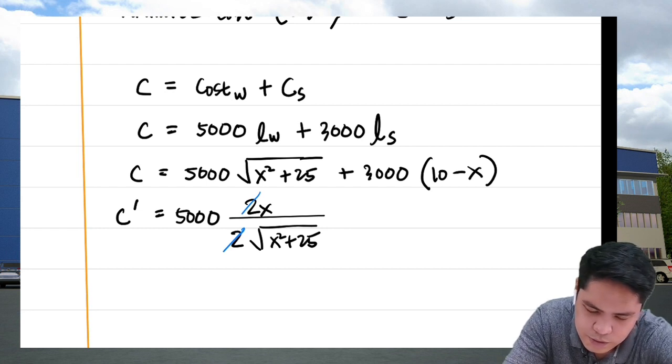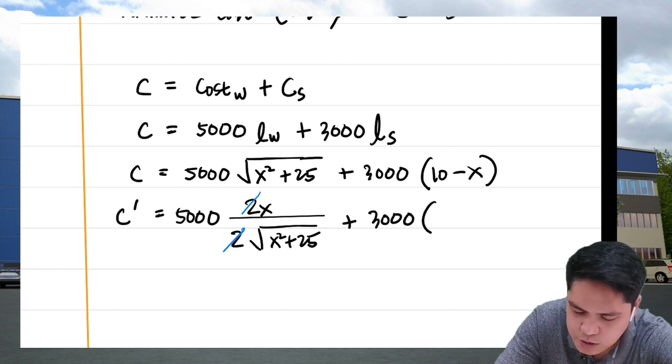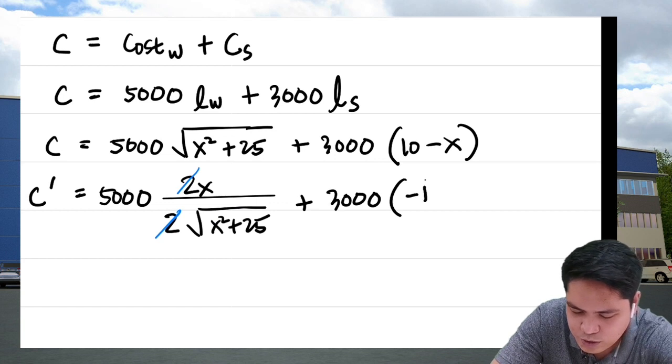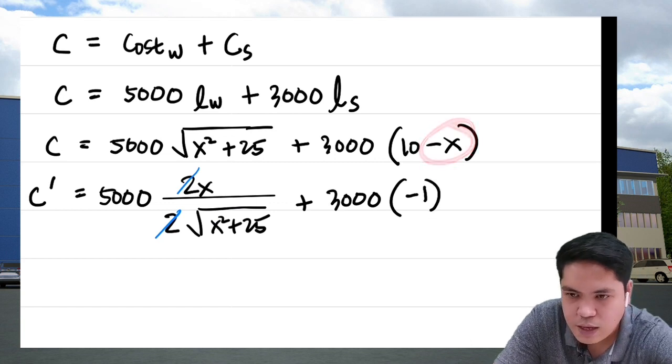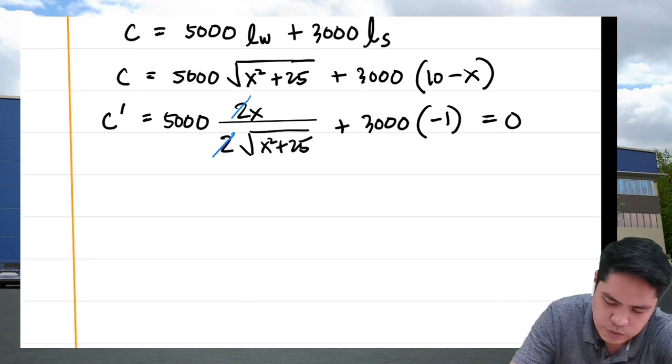Then, plus 3,000, because this is constant, times the derivative of 10 minus x, of course, is just negative 1. Right? The derivative of negative x is negative 1. And equate that to 0. Okay. Now we have